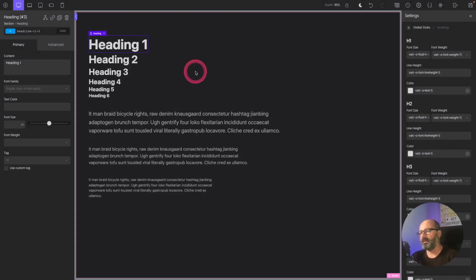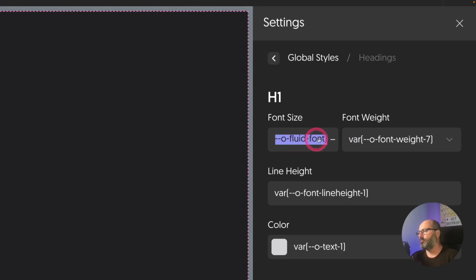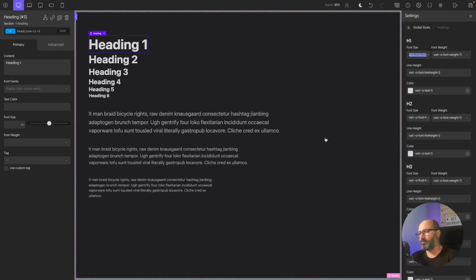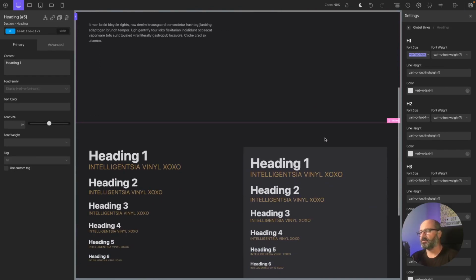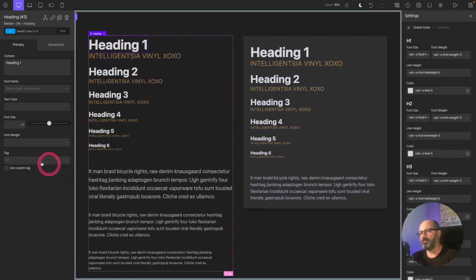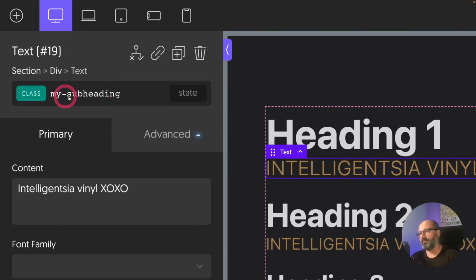Let's save, and here we are, back to our fluid font with no specific value, and we let the system work by itself. Now let's go and have a look to the next section, and in the next section I have two things. First thing I have is of course my headings, but I also have the subheadings. So my heading of course is a H1 defined by its tag, and my subheading, okay, it has a custom